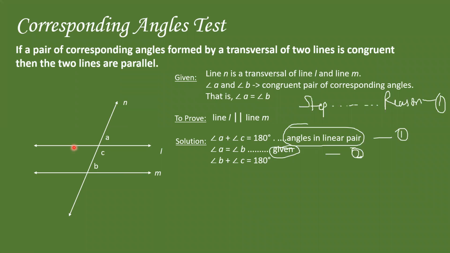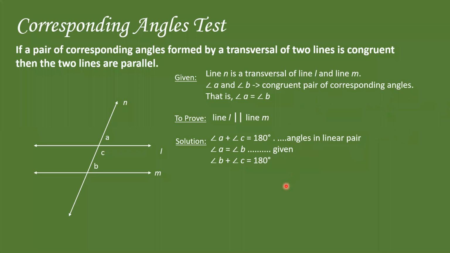Wonderful. So folks, angle B plus angle C is equal to 180 degrees. Why is it this now? Why are angle B and angle C 180? Because we have cancelled A, since it's common, and we have arrived at it from the first and second steps. Yes, absolutely. I love that you're making connections now. This is what mathematics is all about. You just have to make connections. So angle B plus angle C is 180 degrees.